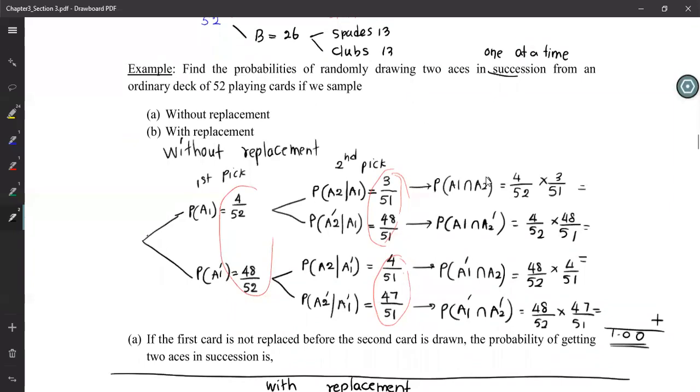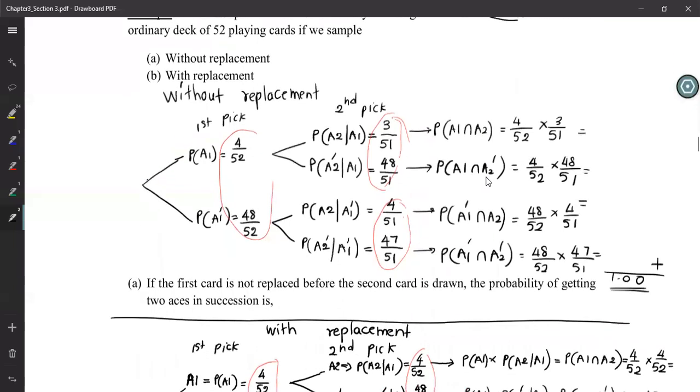Okay. So is it clear to you the difference between with replacement and without replacement? Now, can you see that without replacement, whatever happened in the first pick straight away affects the second pick, right? So this is very different from with replacement. In with replacement, whatever happened in the first pick is not doing any harm to the second pick, the probability of the second pick. But when you do without replacement, whatever happened in the first pick completely changes the probability of what will happen in the second pick. So you can clearly see that, right?